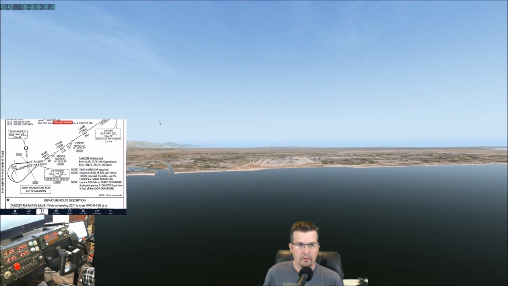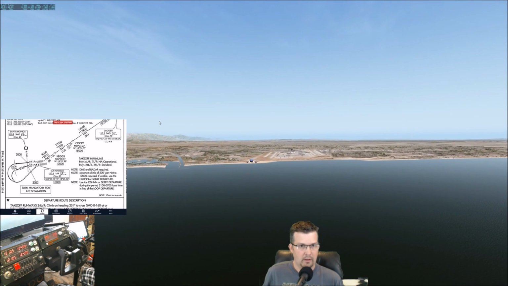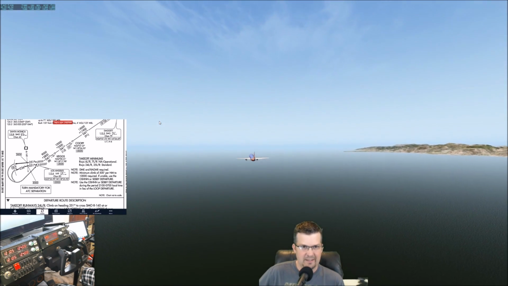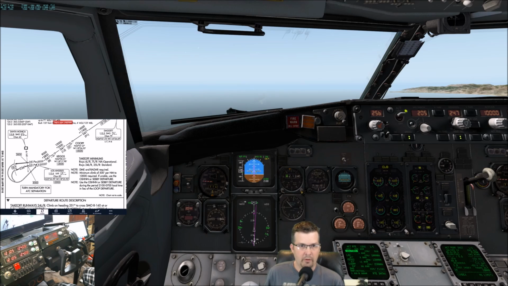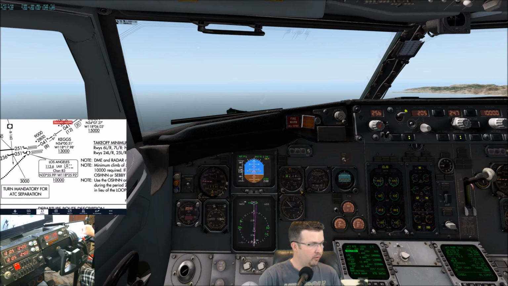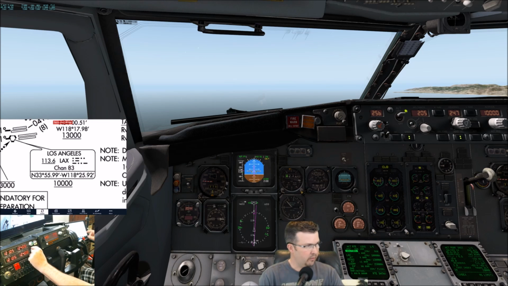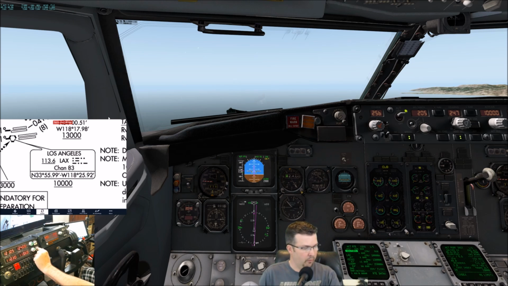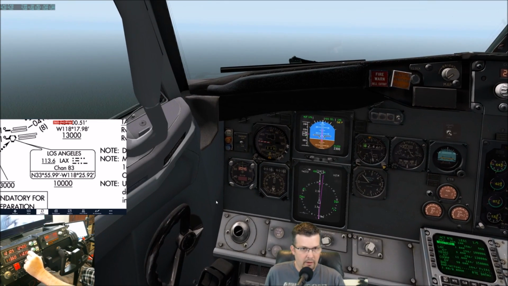One thing I normally do is a little flyby as I come out of the airport. So we're going to tune in the Los Angeles VOR, which is 113.6. So over here on my radio panel, I'm going to change it to 113.6 on this thing, and then I'm going to click this button. It's going to make it the primary. And that's on nav 2. I should have done on nav 1. So on nav 1, 113.6. Boom. So now I am